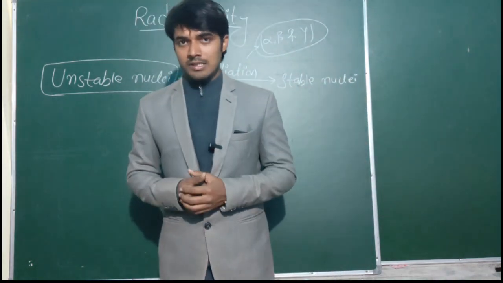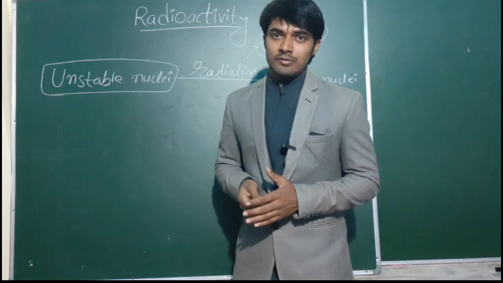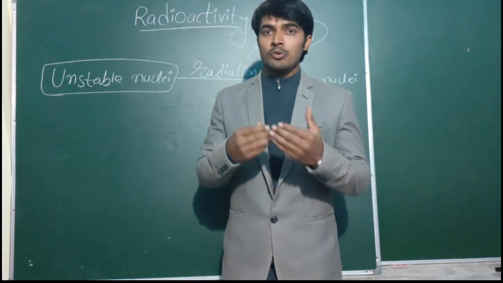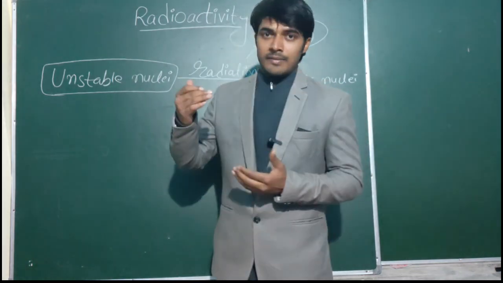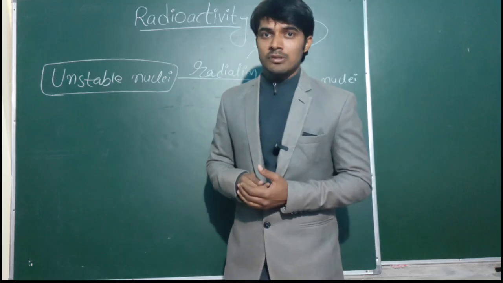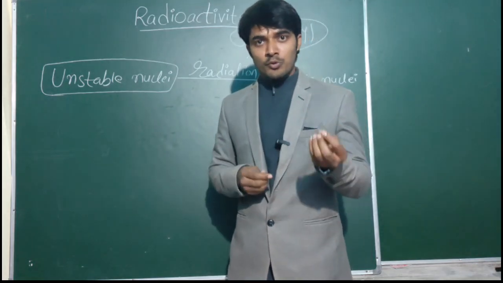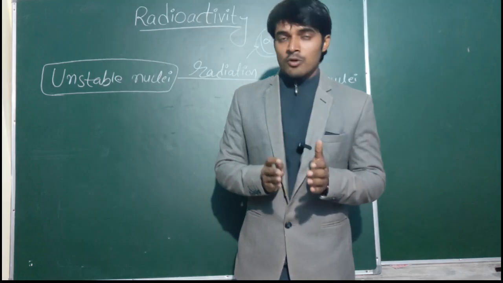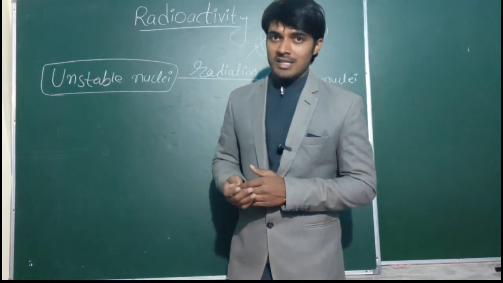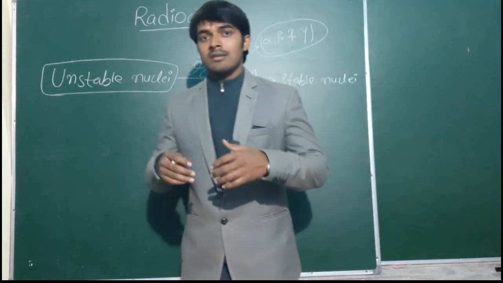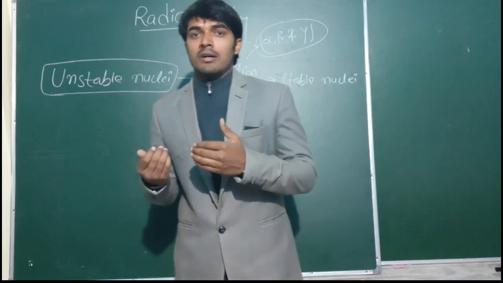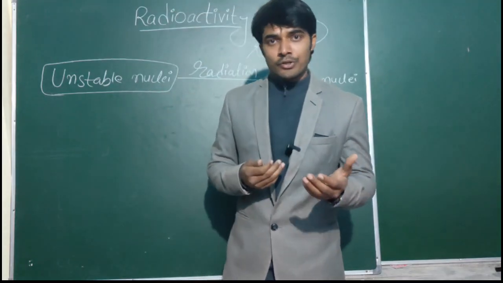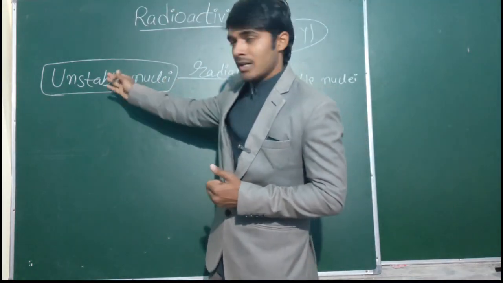The second factor defining the instability of the nucleus is the Z-N graph, the proton-neutron ratio. The proton-neutron ratio also defines the stability of the nucleus. When the ratio of protons to neutrons is not in the exact amount it has to be to become naturally stable, the nucleus automatically becomes unstable. So either due to the size or due to the alteration of this proton and neutron ratio, the nucleus becomes unstable.